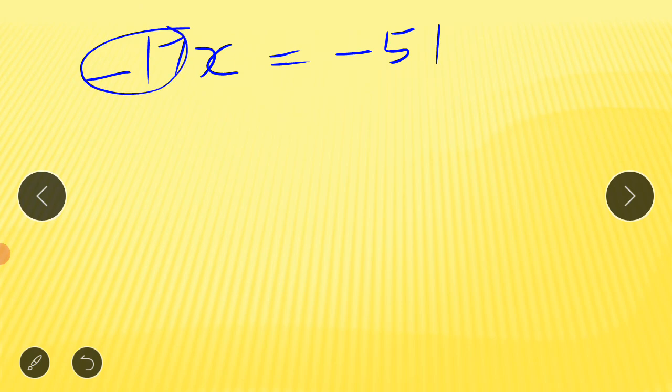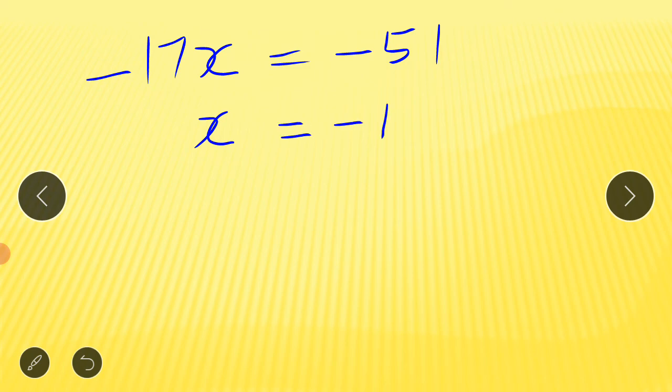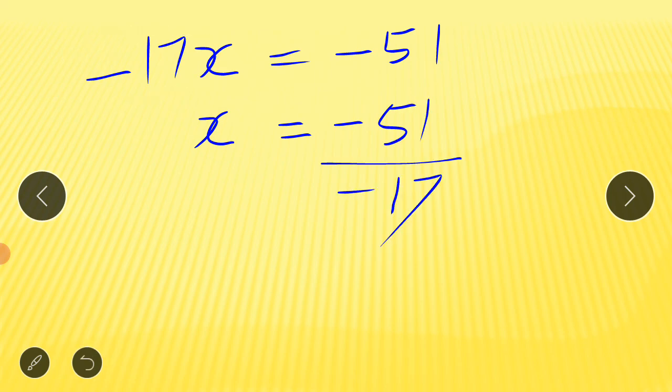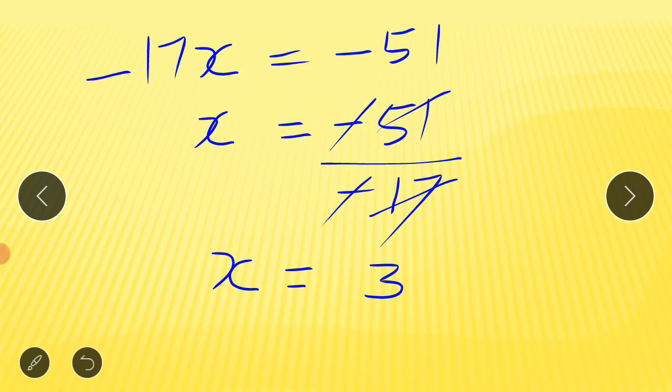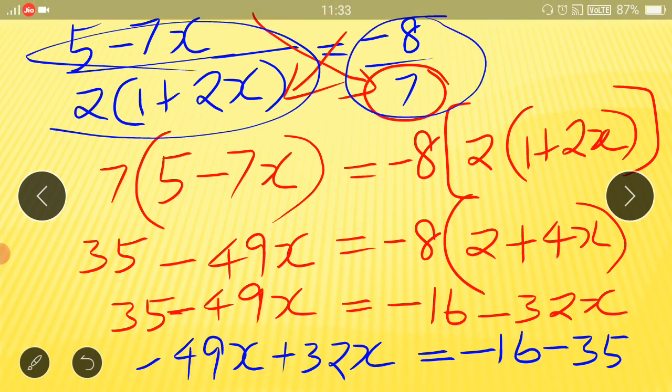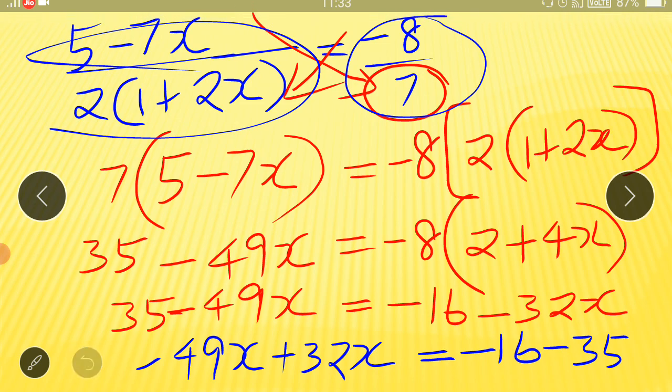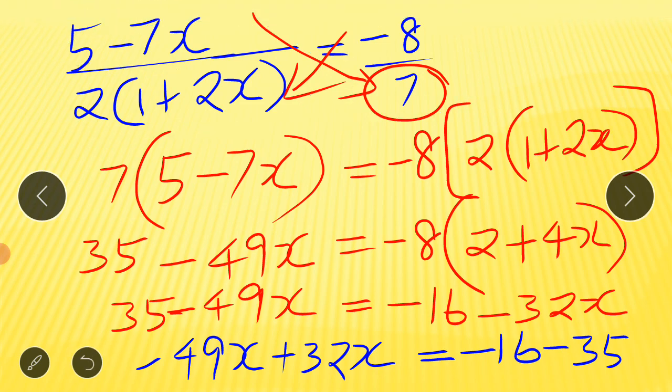So now as usual between this, what is the hiding operation, multiplication. So when we isolate the variable, the right hand side remains the same, minus 51 by, it is becoming under division, so cancel the negative sign, and 3 times, is it, 17 ones are 17, 3 times we can get this, so the x value is 3. So like this we can solve the equation when we get the equation in fractional form on both sides. If both sides are in fractional form, we can apply this cross multiplication method.